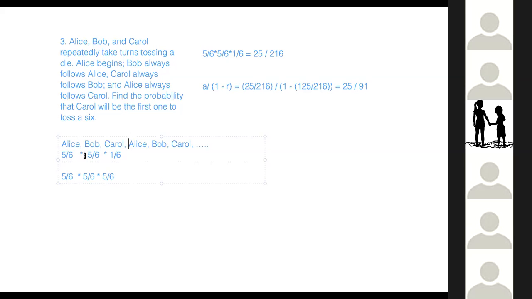Now, what if none of them rolled a 6 the first time that each of them went, and the second time, then Carol rolls the 6. So then again, she would still be the first one to toss a 6. The probability of that is now, the next time Alice rolls, again, it's 5/6 probability she doesn't roll a 6, 5/6 probability Bob doesn't roll a 6, and then 1/6 probability that Carol rolls the 6. So this is if it happens for Carol the second time. But now we can repeat this again, right? And say that maybe no one rolled the 6 in the first 2 rounds,